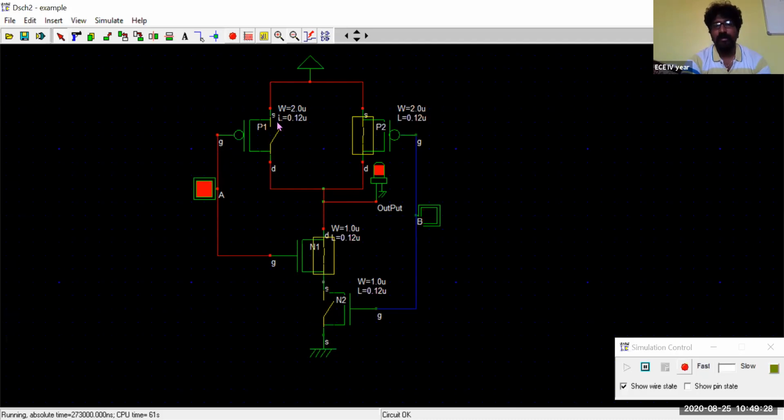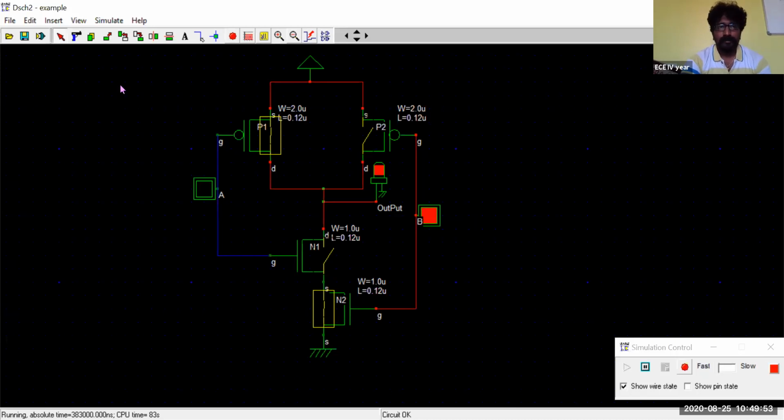Because 1 is fed as an input, the PMOS will be turned off at logical 1 and N1 will be turned on. For this one, 0 is fed here, so P2 is turned on, whereas this N2 is turned off. And I have given these inputs, so let me see the timing diagram.